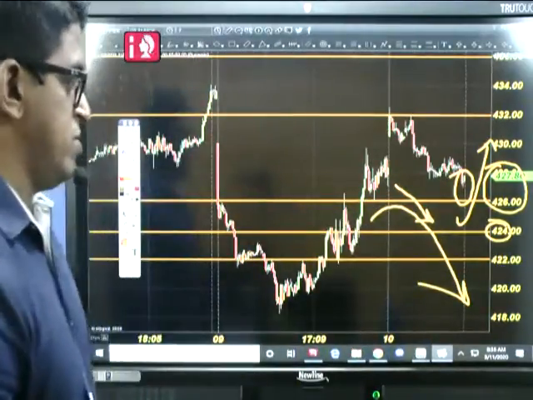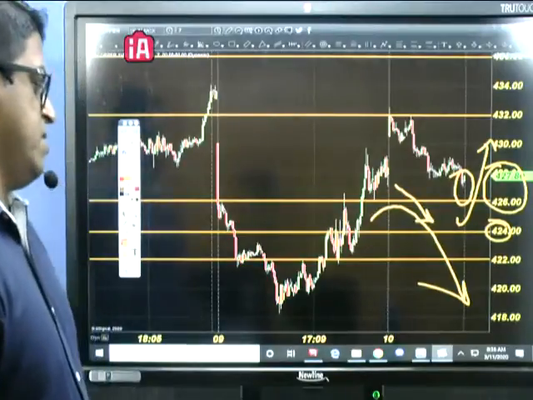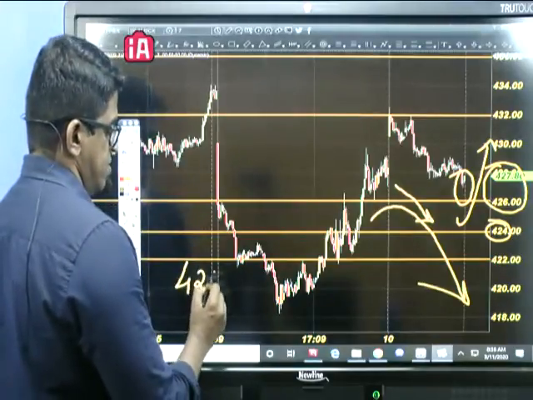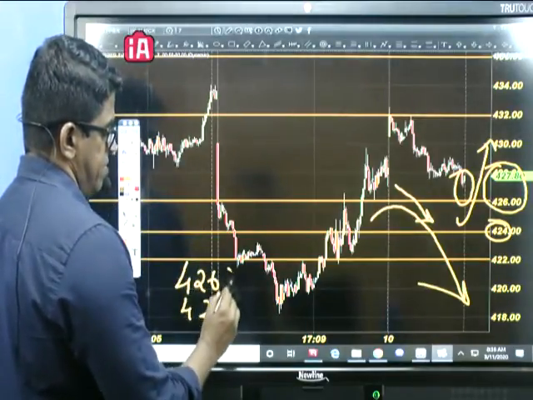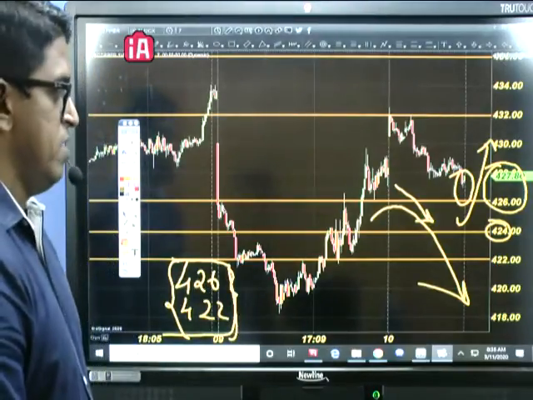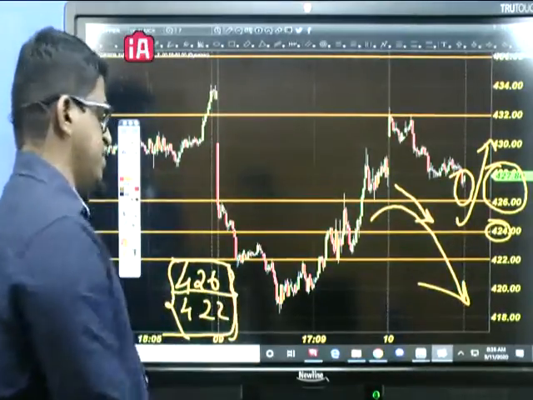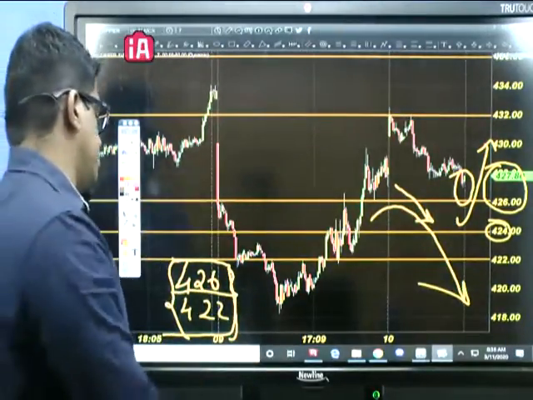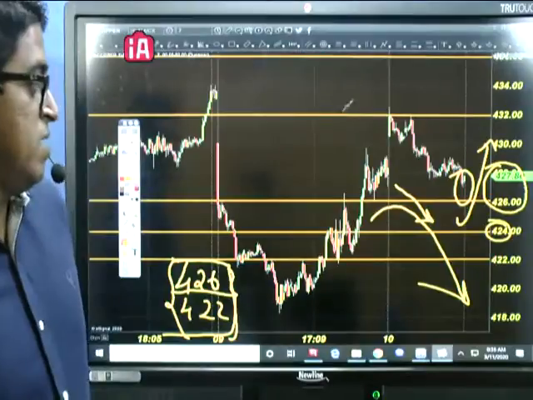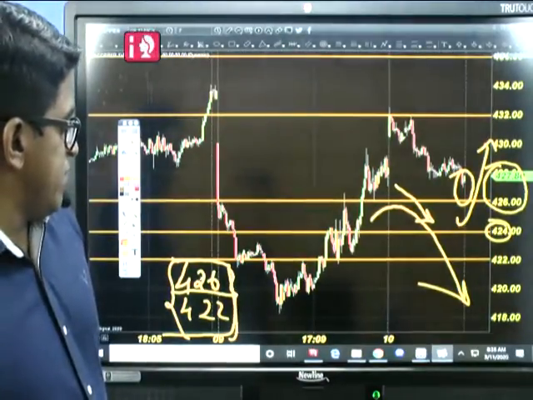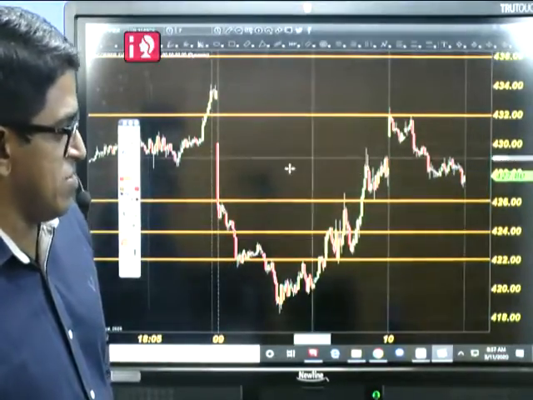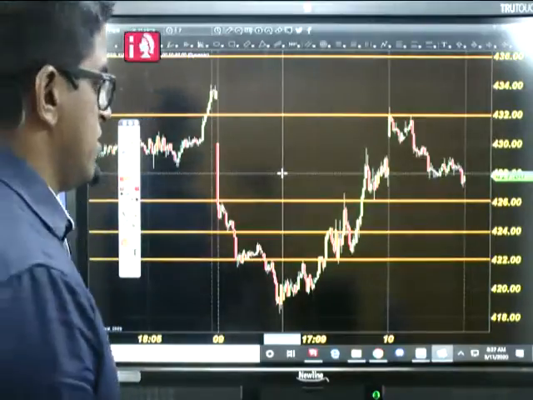So a very important zone is 426. Some activity will happen around 426 and 424. I have been repeating this many times. 426, 422, these are all historical support and resistance for copper. All the major decisions will happen in this zone. A long-term support resistance zone, a key trend deciding zone. If you have histories of the chart, please go and see. All the time the market would have bounced back from 426, 422, and maybe it will go through the entire last year. You can go and see 2019, what happened in 2019, you will see the same.